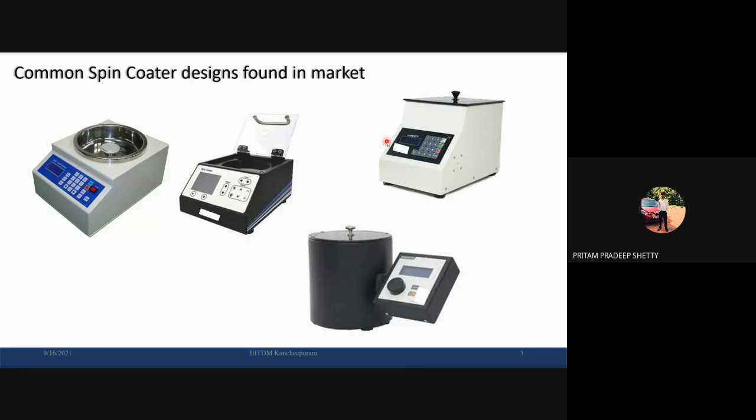And one more aspect to consider is that these are very costly devices. The spin coater which we have in our lab costs almost 70 to 80,000, and though it's functional, it looks so boring. And by incorporating bio-inspiration into these devices, you can improve the functional and design aspects, and sometimes you may also reduce the cost.